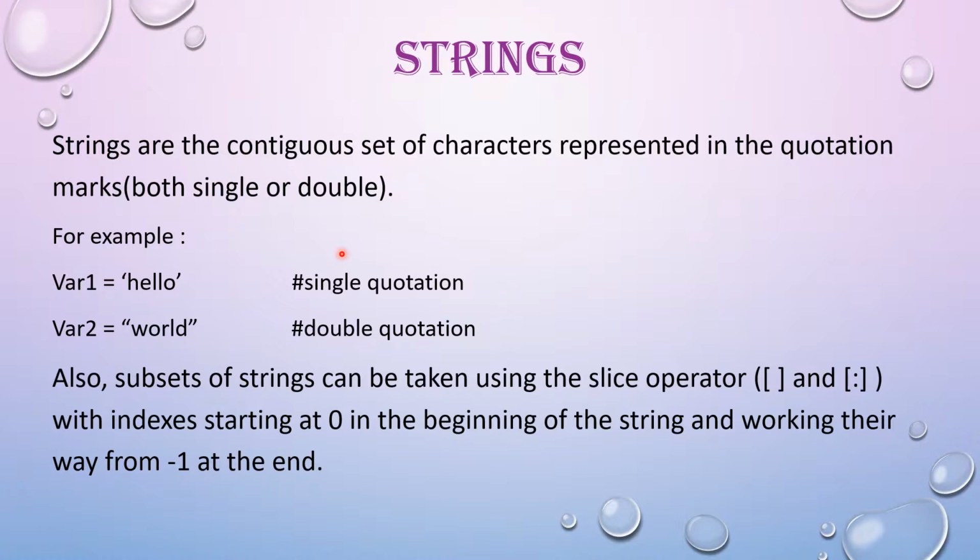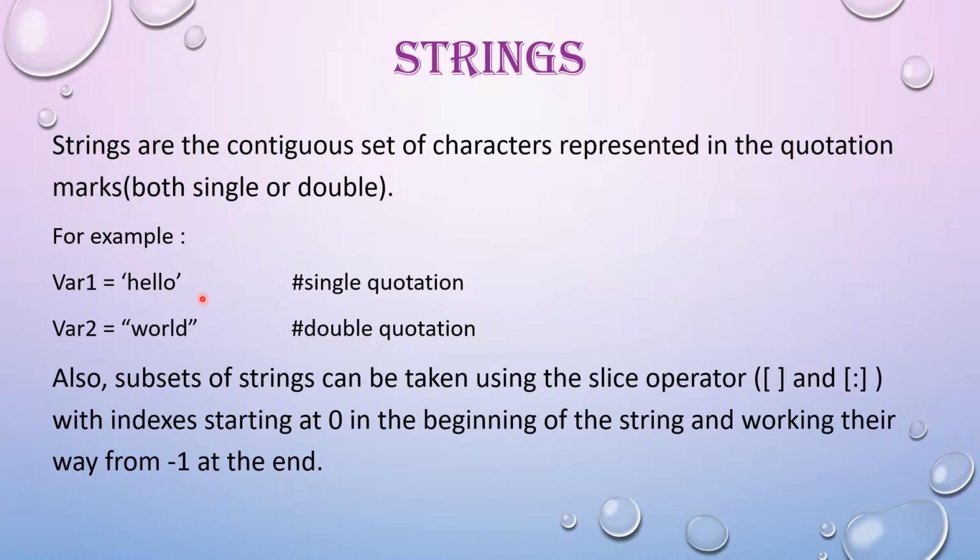Means, here is an example: variable1 is equal to 'hello'. Here we have put this string in single quotation and this in double quotation. These both are the declaration of a string variable type. Also, here we have used the words contiguous set of characters. In this, H, E, L, L, O are the characters, and when we use them in a contiguous manner, it